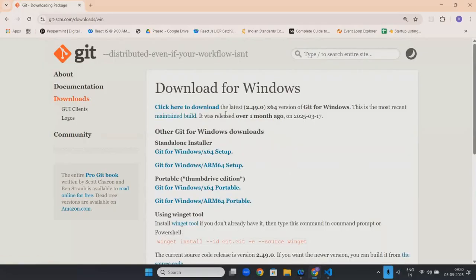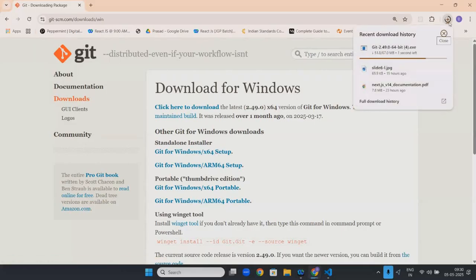Windows. Now always download the standalone. Always download the standalone. I'm downloading the x64 setup. Download the 64-bit standalone, which will download it.